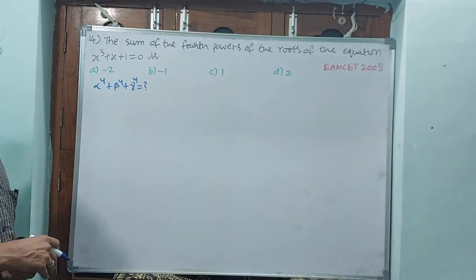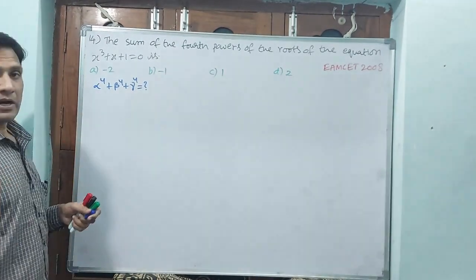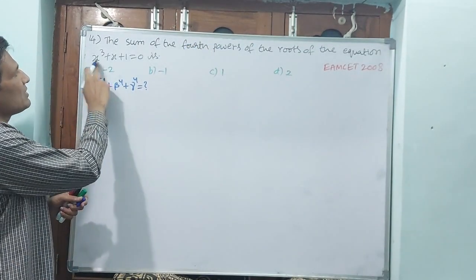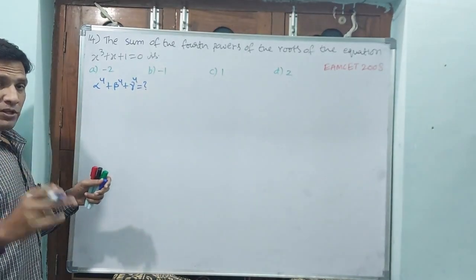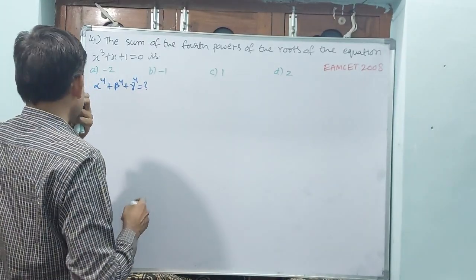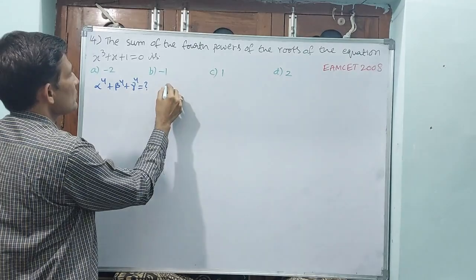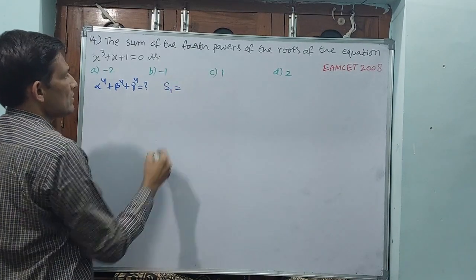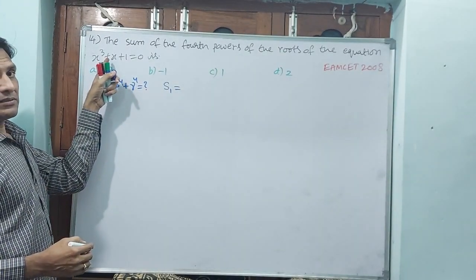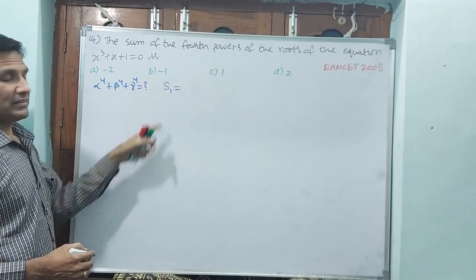See, step by step we will proceed. Why? Because this is a bigger question. A little bit of patience we should have, or else we are not going to get the answer. Okay, see, even though they have given the fourth power, the equation is simpler only. And one more thing, the x square term is not there. That you have to observe carefully. See, x square term is not there, so what are you going to do? s1 is equal to minus a1 by... minus a1 means what here? The x square term is not there. That means s1 is 0. That is very important. You understand now?